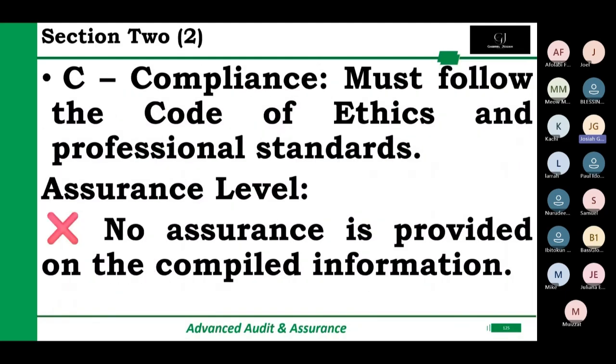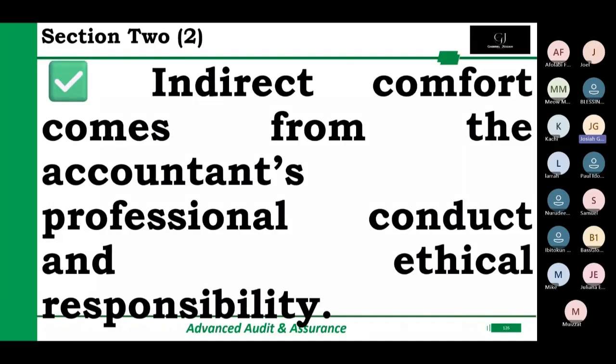And compliance ensures following ethical codes of the profession, internal compliance, external compliance with professional standards. But there is no assurance level on the compiled information. Cannot make and check at the same time. So there's indirect comfort that comes from the accountant's professional conduct and ethical responsibility in a compilation engagement. So we have direct comfort that comes from audit engagements, but for compilation it is indirect comfort or assurance, use that